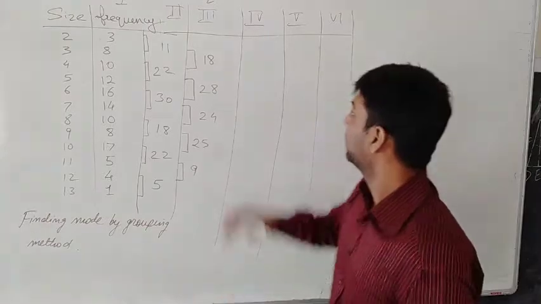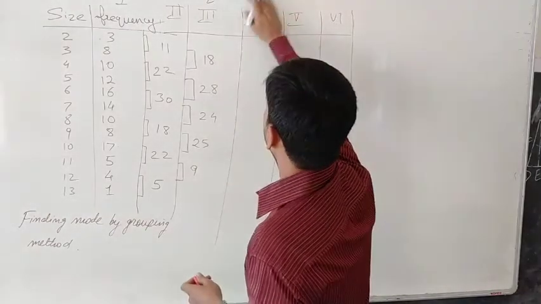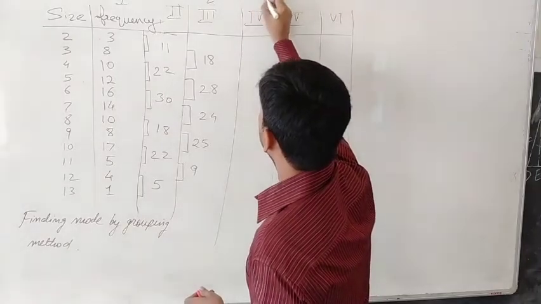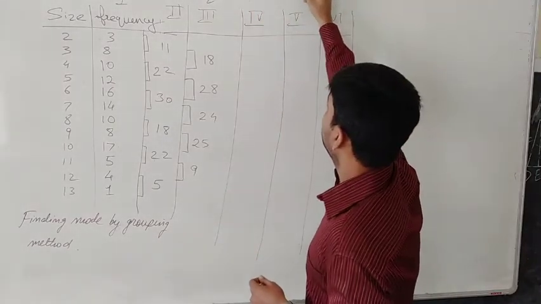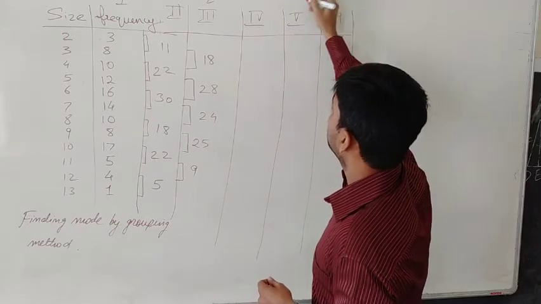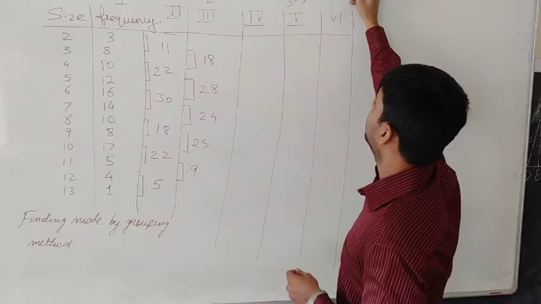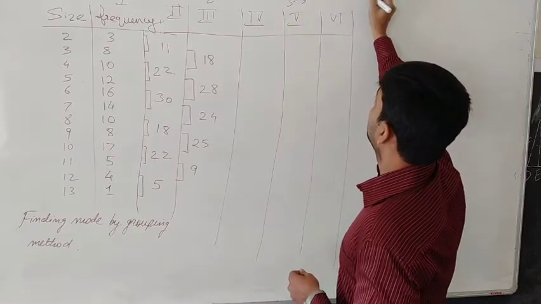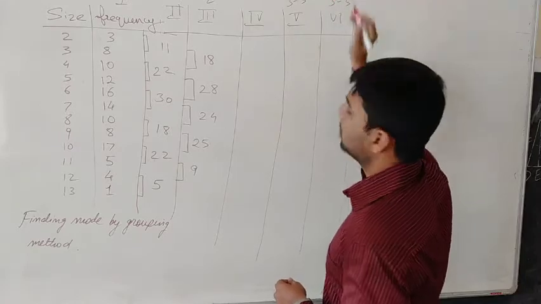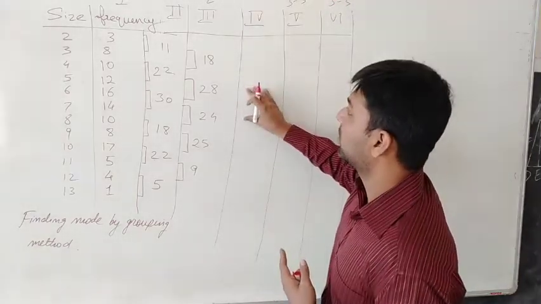Now in this whole column, we will be making pairs of 3. We will be making pairs of 3. Then here we are going to leave the first frequency and make pairs of 3. And here we will leave two frequencies and pairs of 3 will be made. So here you don't have to leave anything, you will be making pairs of 3 every time.